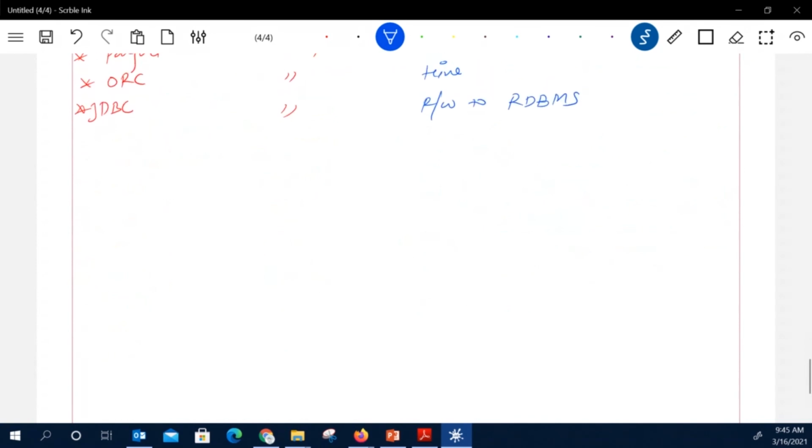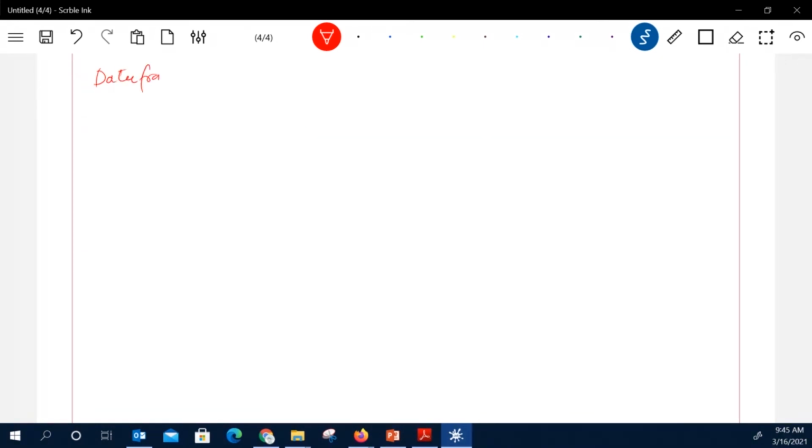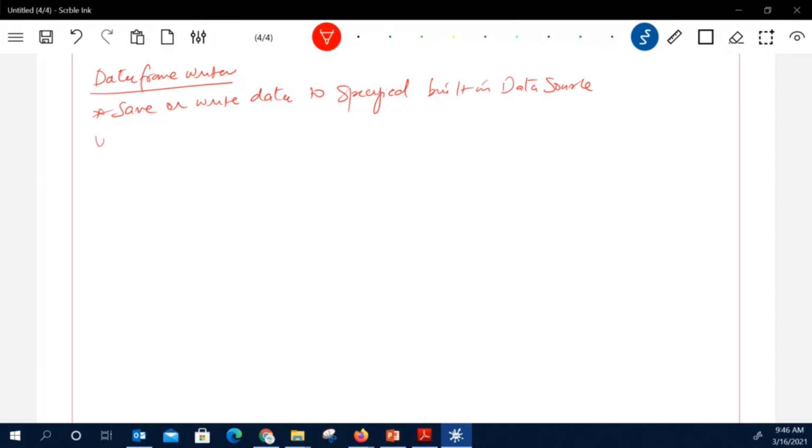Now we have discussed the data frame reader, and now we have a data frame writer. The data frame writer saves or writes the data to the specified location, or any kind of built-in data sources. In the last session we checked that we have to save into the Databricks file formats, and then you get the instance from the data frame.